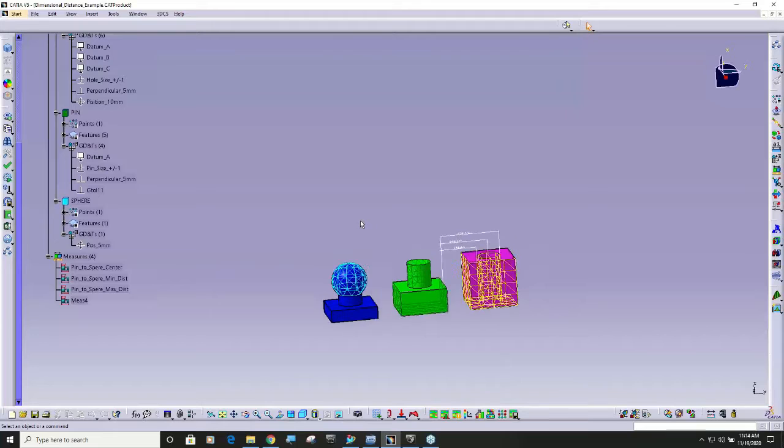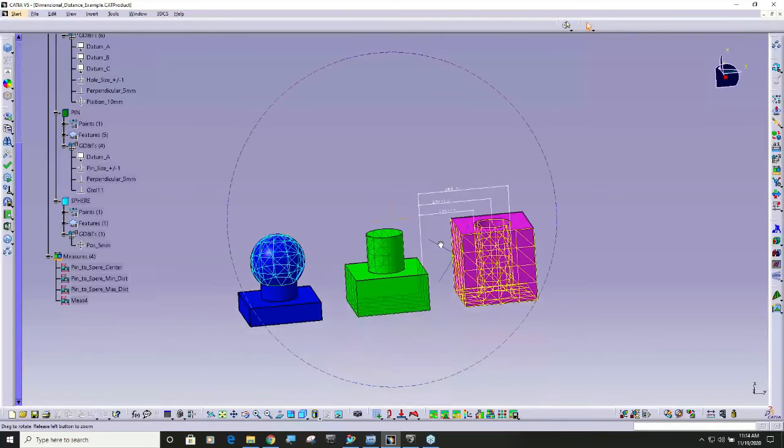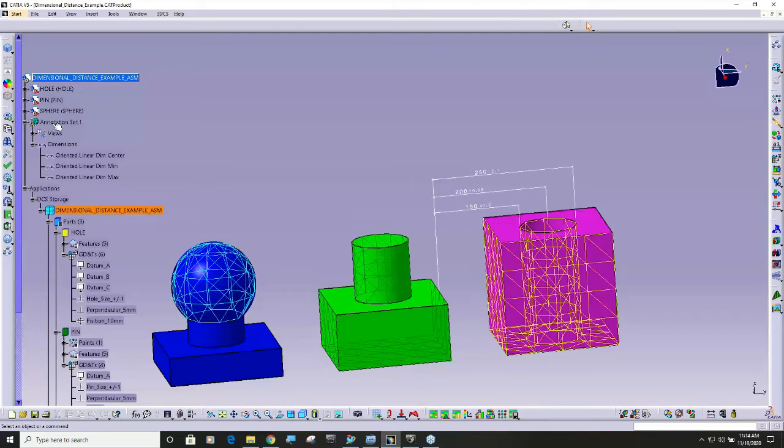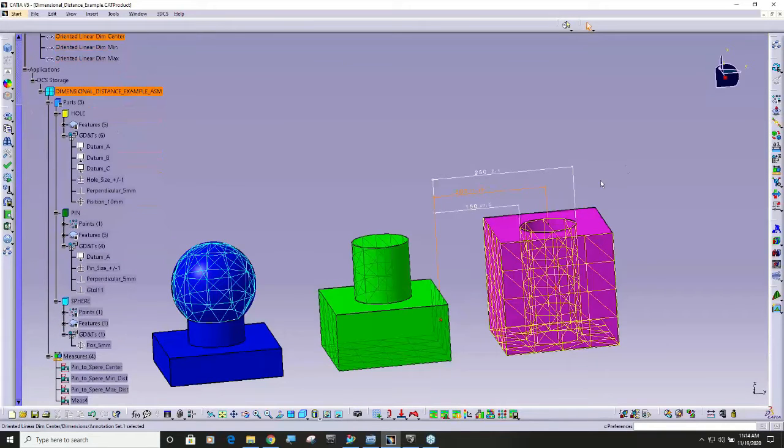So then what I want to show is that if I go up here into CATIA, you can see at the assembly level, I also have dimension distance written. So this is dimensions written inside the CAD system. And you can see how this one's going to the outside edge. So I'm measuring from this face to this outside edge, or the inside edge, or the center. So if you have those already written,